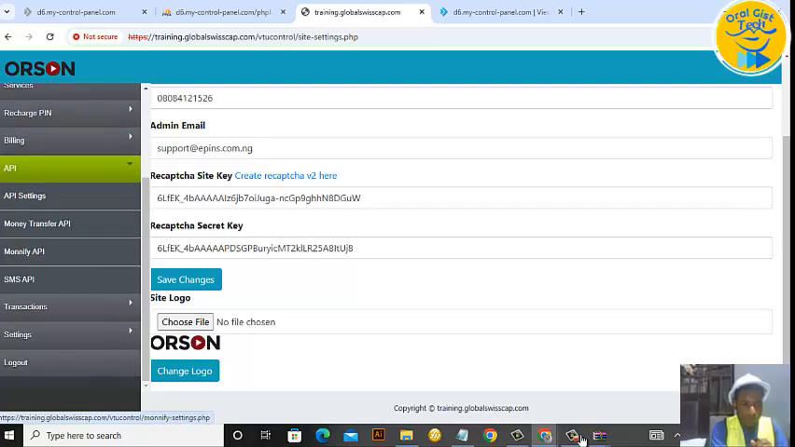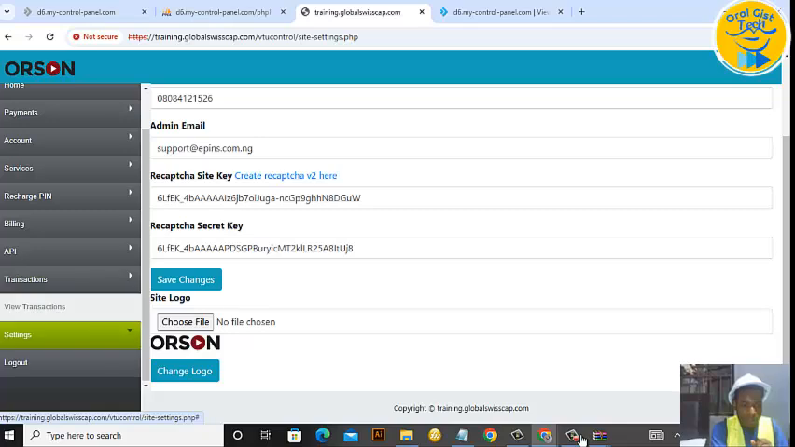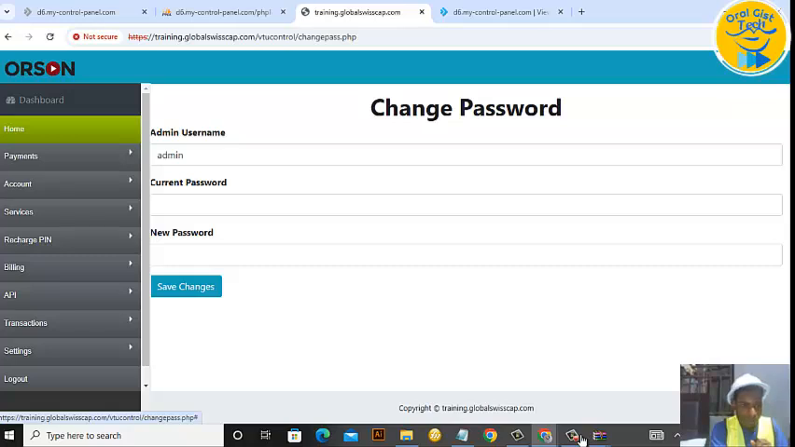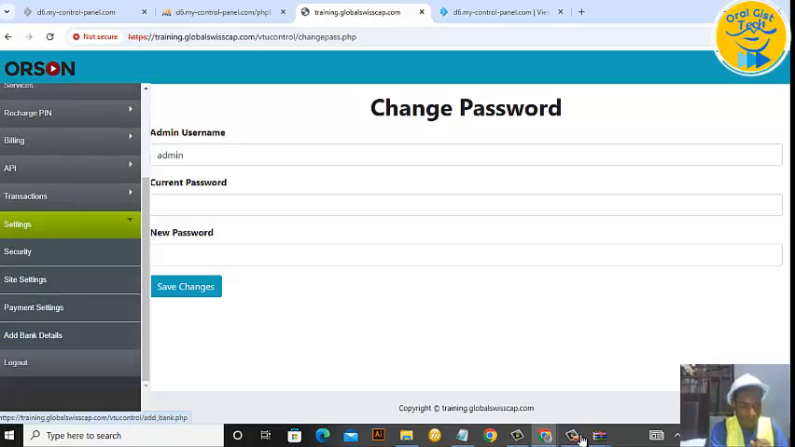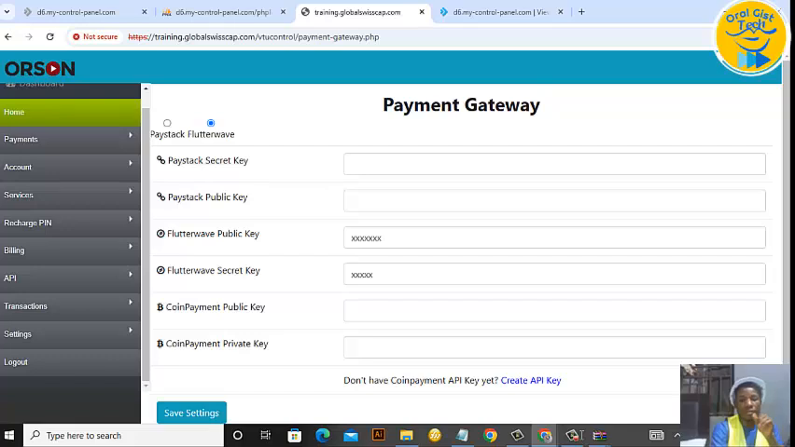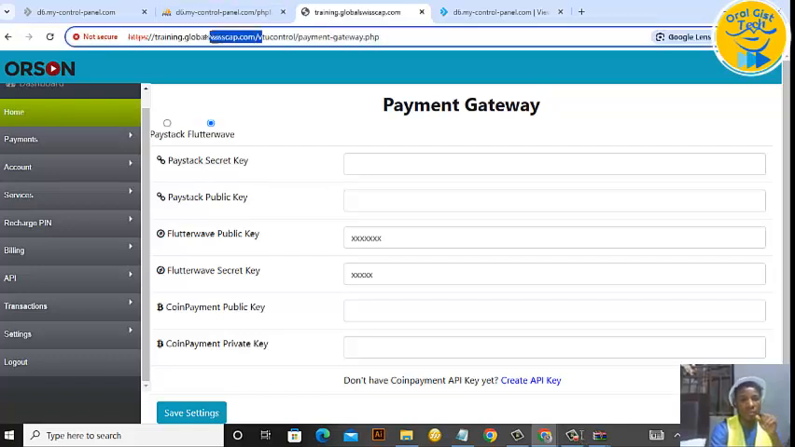API settings, money transfer, ASN transaction settings. Let's check security. Admin, okay, that's when you want to change my account. Okay, that means I can actually log in. So now let me see if I can actually log in. So if I should come here,